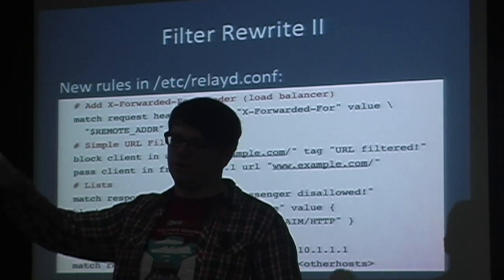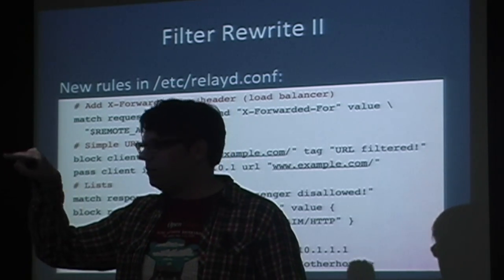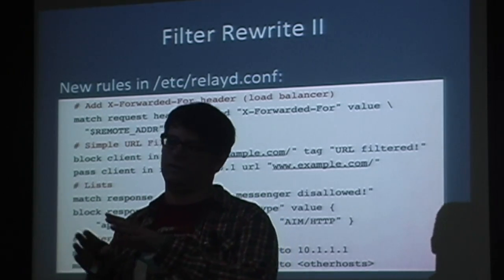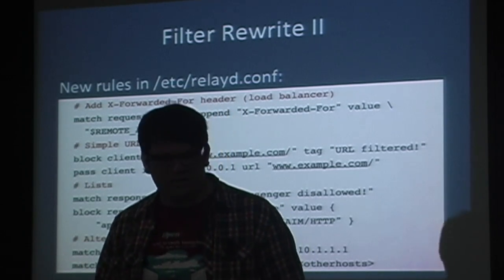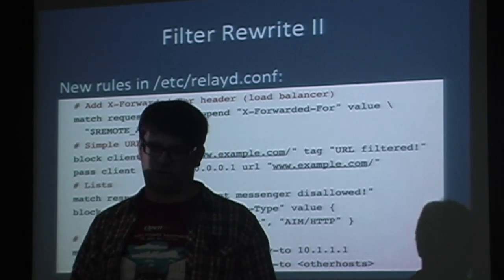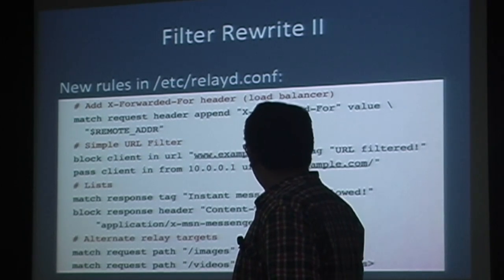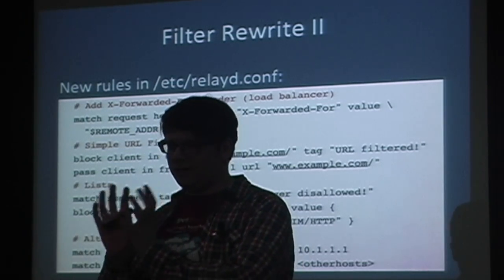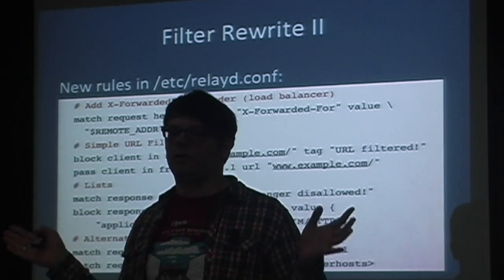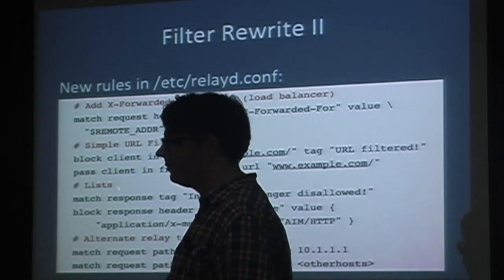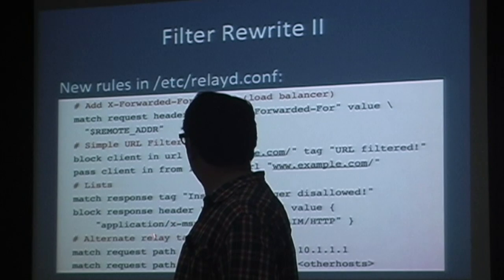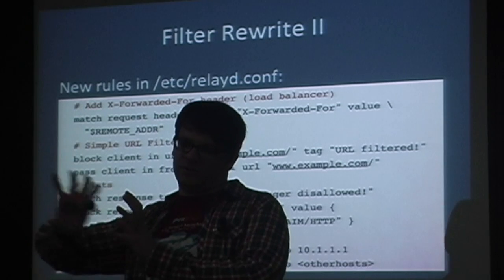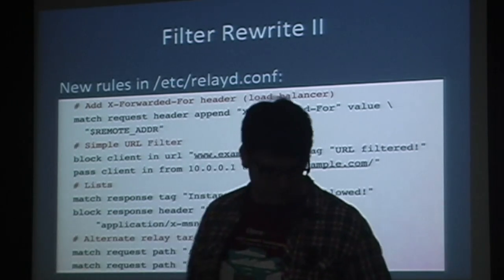And one feature that is really missing at the moment in RelayD is the ability to select target hosts in the load balancer based on, well, URLs, for example. People are asking me all the time, if I have images, can I send this to this server and that to that? Nginx can do this, but Nginx is not a load balancer or health checking engine. So here, this relay to keyword will allow to select the target table based on matching criteria. So anything I can match with this language, if it's this IP address or the path or whatever I can match, can be used to select the target of the load balancing.